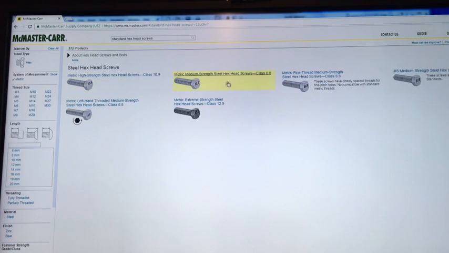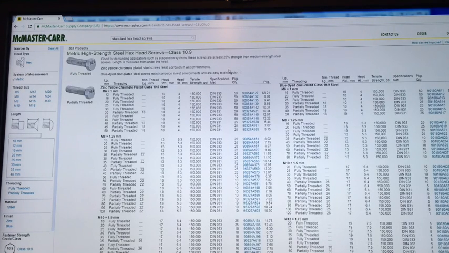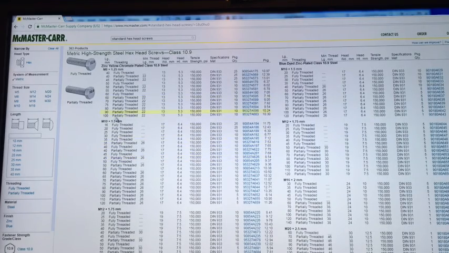and I'm just going to pick the first one here. And here are your sizes. So M6, M8, M10, fully threaded or partially threaded. So we've got M, and that's the pitch, M10 by 1.5 mil. So I'm going to click on fully threaded, and if you click on the number here,